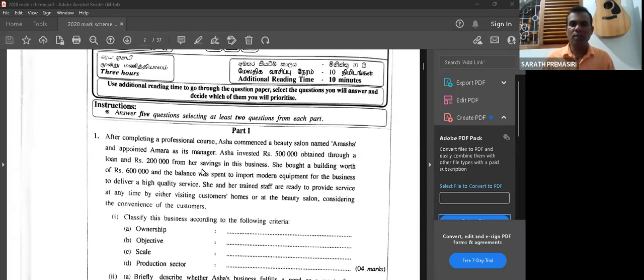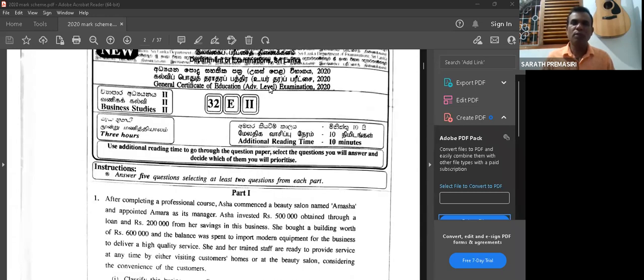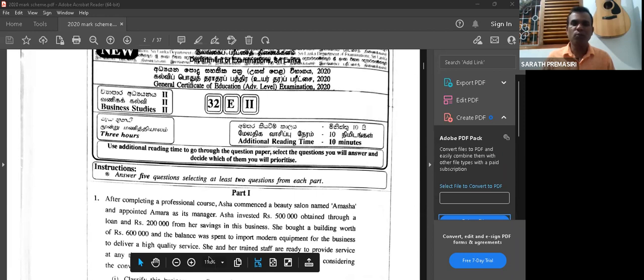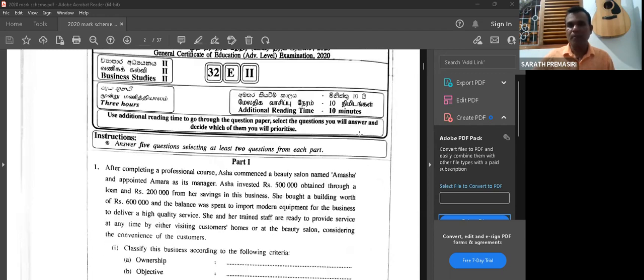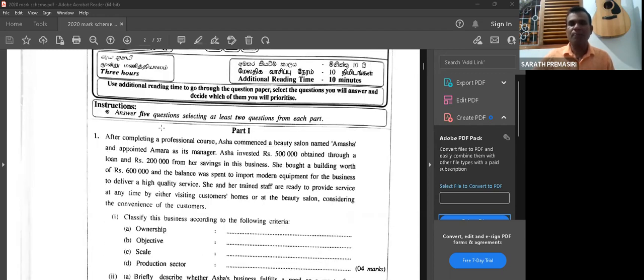Already we have discussed this area, the first term. Now this question, 2020, you see the first question is related to the first term. Understand? Look at that, the first question is related to the first term. So we are going to discuss the first question. And then you see, look at that question. Now, here it is said that, pay attention to that.